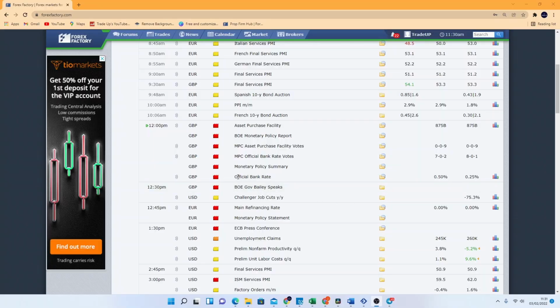So today I want to take a quick look around trading news, and today specifically around the Bank of England interest rate hike, which could potentially have a significant impact on GBP. So I like to trade GBP USD, cable as it's commonly known, and often when we get these news announcements coming out, especially with the high volatility, if we look on Forex Factory, we can see that with the potential today for an interest rate hike from 0.25% up to 0.5%, we could see a significant increase in the value